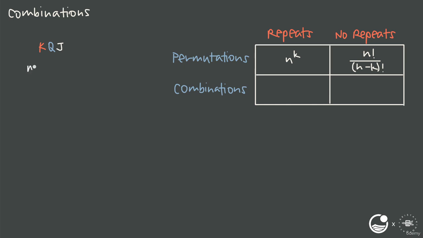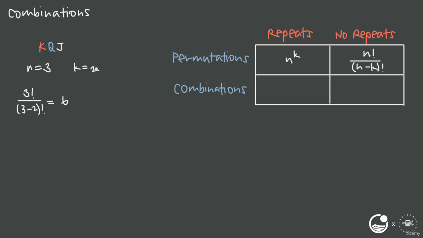Well, that's the situation where n is equal to 3 and k is equal to 2. And in this formula for permutations with no repeats, we ended up with 3 factorial divided by quantity 3 minus 2 factorial, which was equal to 3 factorial divided by 1 factorial, or 6 divided by 1,